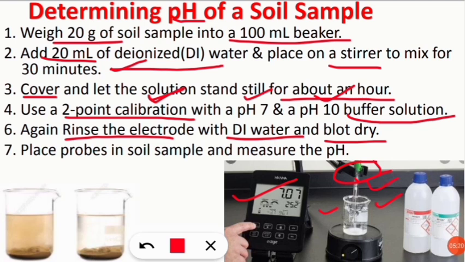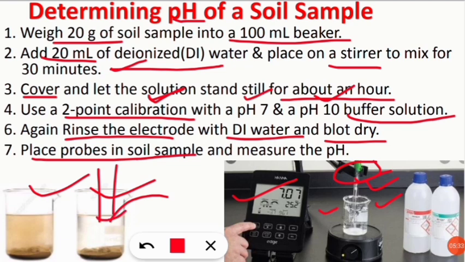After that, we will place the probe in the soil sample. So we would have prepared this beaker along with the soil and water sample. From this sample which we have taken, we will take the probe and put it inside this beaker as we have done in the buffer solution, and then the digital meter will show the pH of the soil sample which we are going to analyze. So it is very simple.